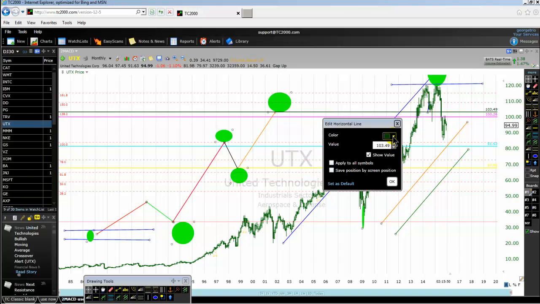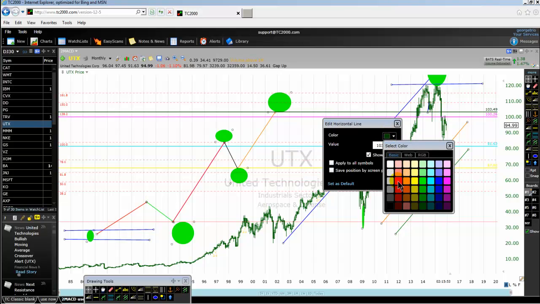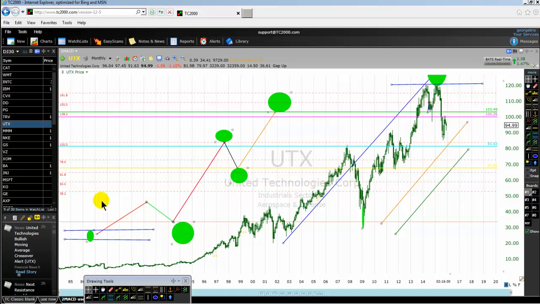Very often, valid high probability divergence trading setups will appear on or near the 138.2% Fibonacci extension level of the third Elliott wave. So my green horizontal line here is the 138.2% Fibonacci extension level of my third Elliott wave. You can see that drawn line here: first wave, second wave, third wave, fourth wave. And now I apply Fibonacci extensions to my third Elliott wave, and the green horizontal line is highlighting the